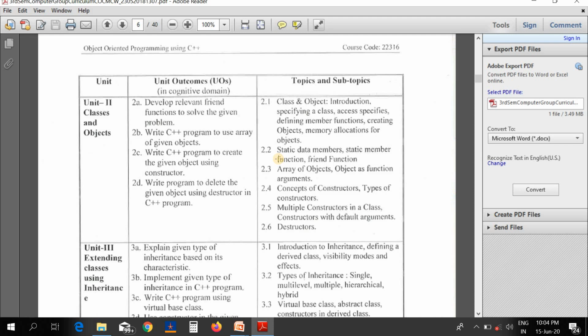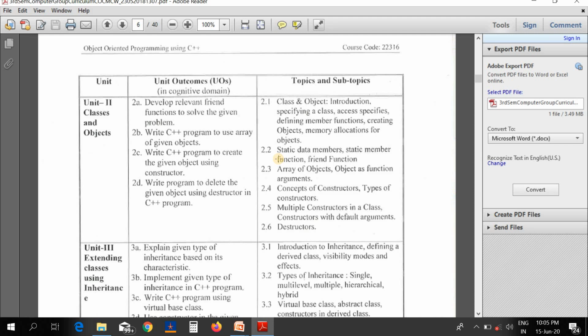You know what static is. In C++ we study how a static member function and static data member are declared in our programming language. Static variables are normally used to maintain values common to the entire class. And static member functions are also used to access other static members of the same class directly.